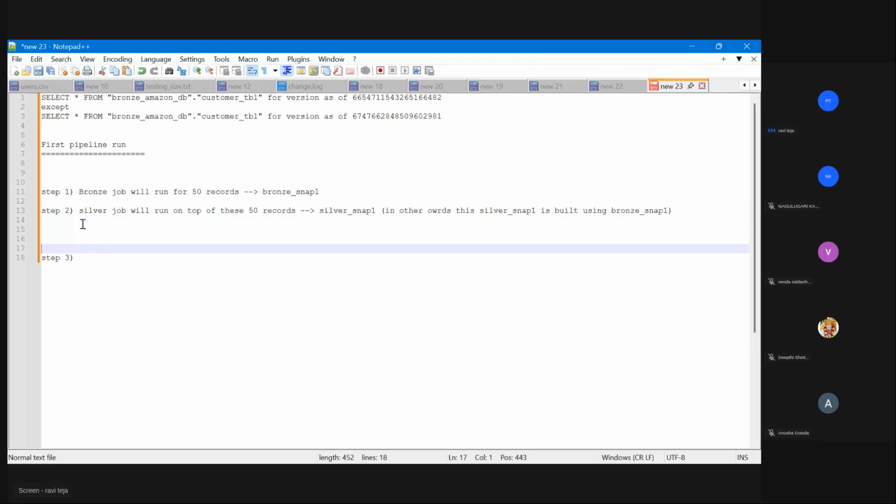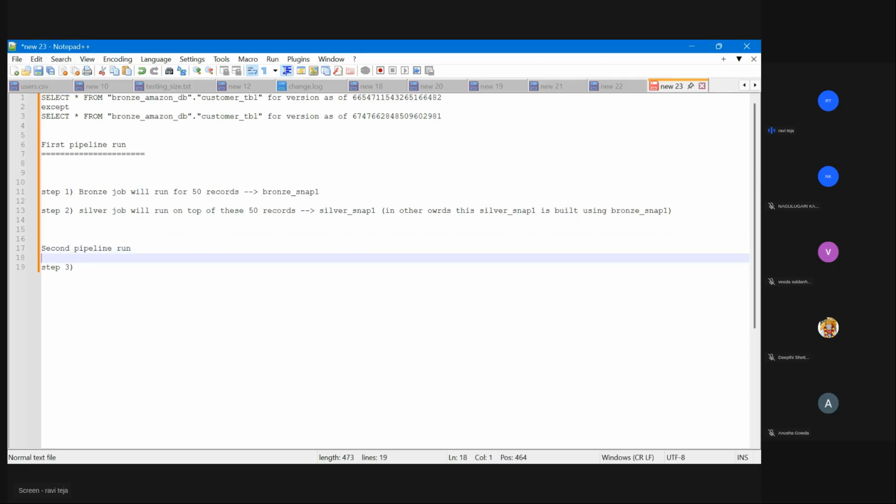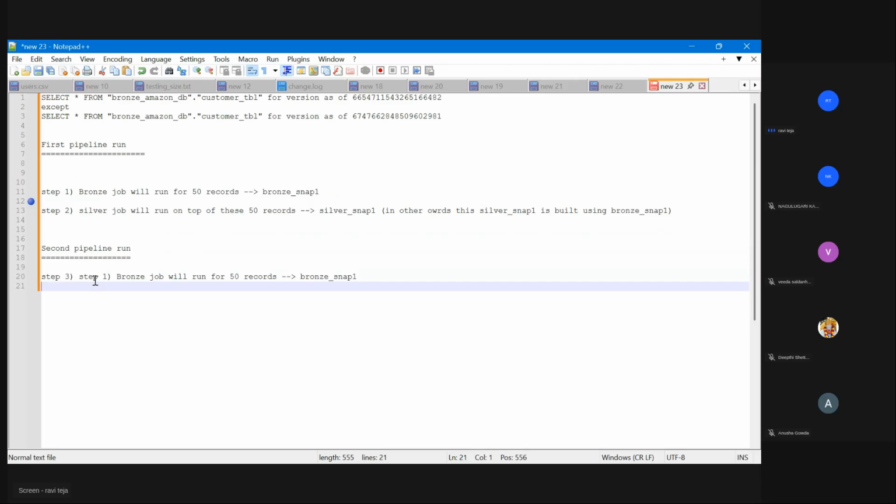Second pipeline run. That means after you are scheduling this every day. So second pipeline run, let's say step three. Now, the bronze job will run for some 17 records, because we processed only 17 records in the next one, and create bronze snap 2.